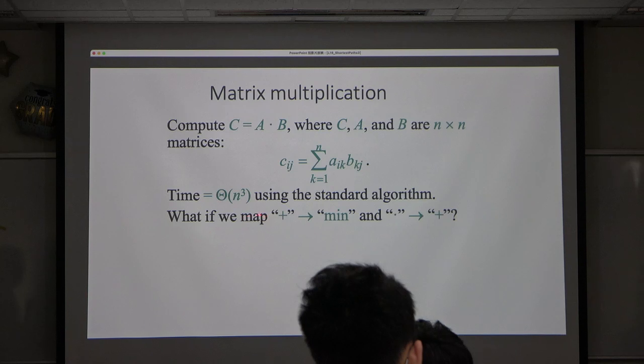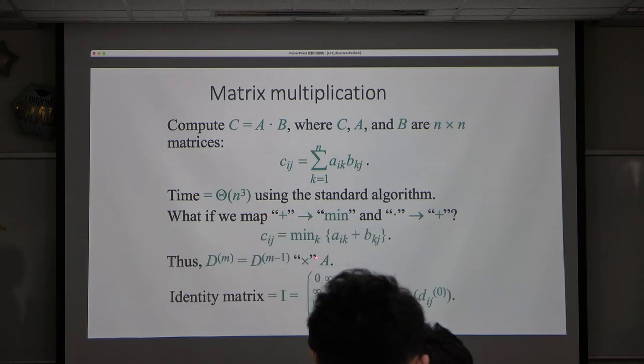So D^(m) could be D^(m-1) times the adjacency matrix. At the beginning, D^0 is going to be the identity matrix. This is the initial case, and then